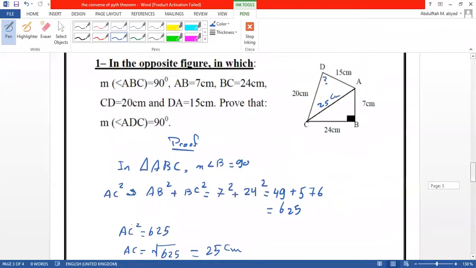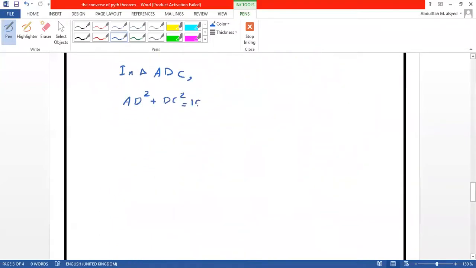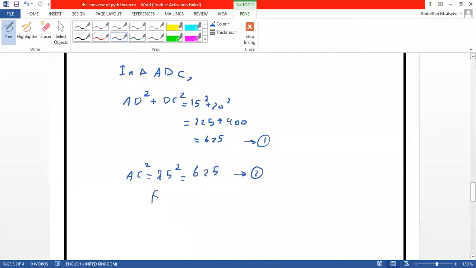Equals 15 squared plus 20 squared equals 225 plus 400 equals 625. Okay, so this is 1. AC squared we have found it before, but it's okay to find it again. 25 squared equals 625 also. From 1 and 2,